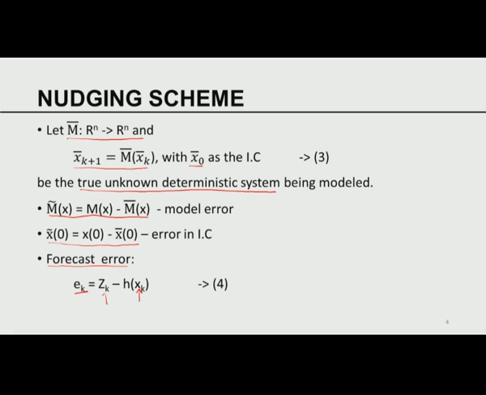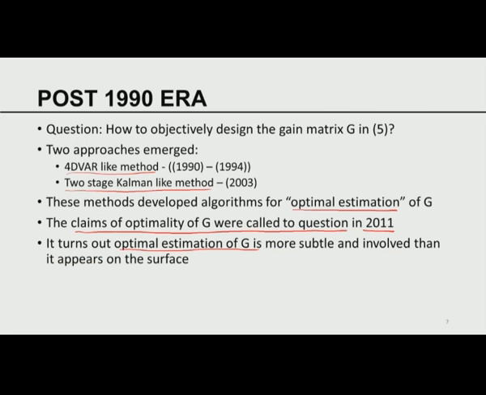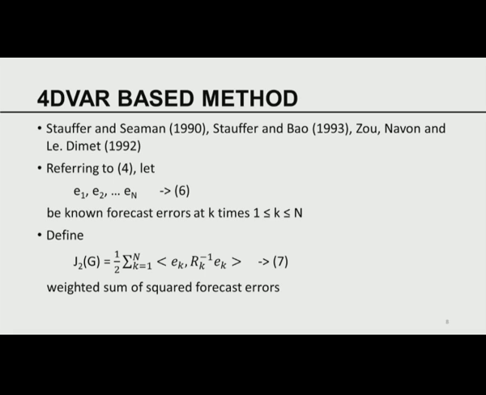Equation 4 at the bottom of slide 4 is the forecast error of the nonlinear model. So 4D-Var based methods were introduced by at least three sets of authors: Stauffer and Seaman, Stauffer and Bao, Zhao, Navon and Ledimet in the early 90s. Referring to 4, which gives the expression for the forecast error,